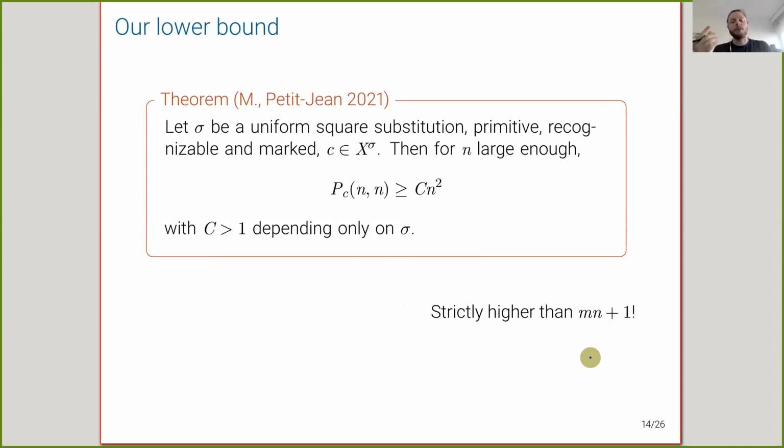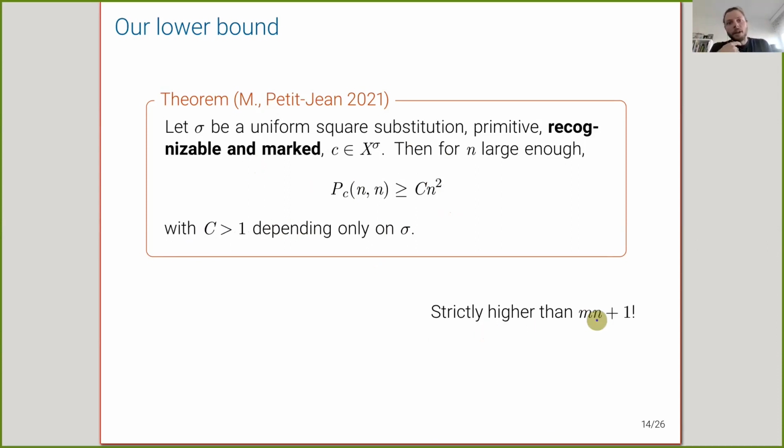And this is exactly what we tried to prove with Colin Petitjean, who was doing an internship with me. So we proved, I will come to the hypothesis later, that for some substitutions we have a bound Cn square with a C strictly bigger than 1. So in this case, we know that the complexity will be much higher than the n plus 1 bound we have with the Arco carry. And to come back to the hypothesis,